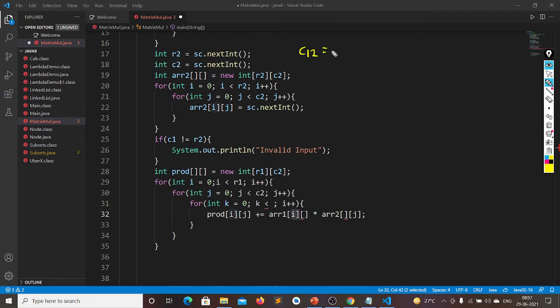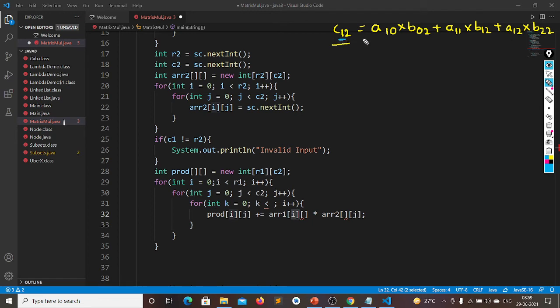My C12 is equal to A10 into B02 plus A11 into B12, and like this, and A12 into B22.